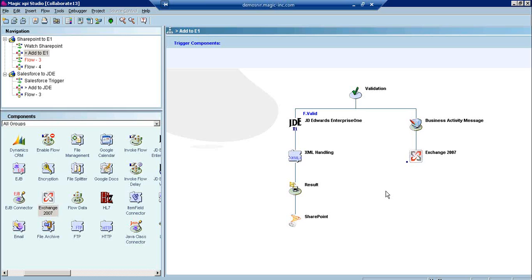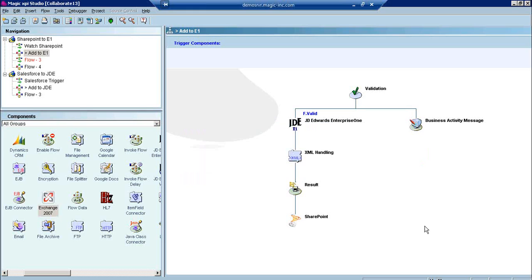You can do that as well. So the business logic is entirely up to you. The tool is easy enough to create your own flows, so you don't need to have us tell you what you can do with it. As long as we have the components and the capabilities, you can integrate it in any way you want.